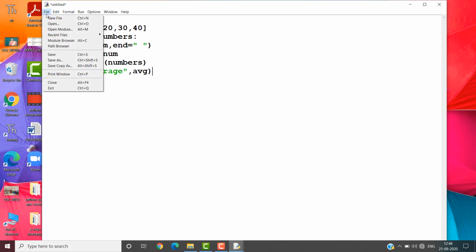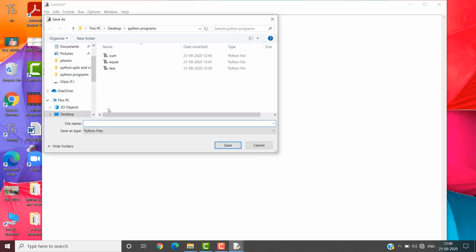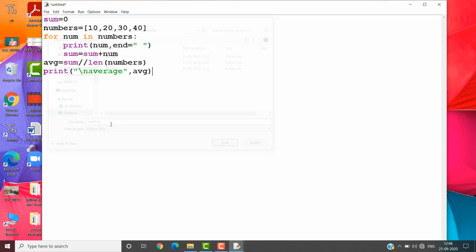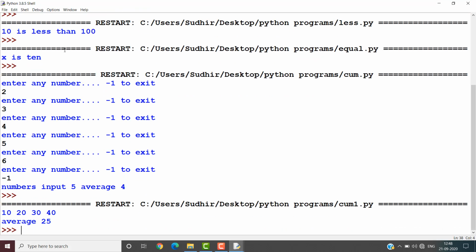So again here you are also calculating the cumulative sum and their average. I have taken cum1.py. Run module. So what are the values that are taken? 10, 20, 30, 40. What is the average of the values we get? We get the average as 25.